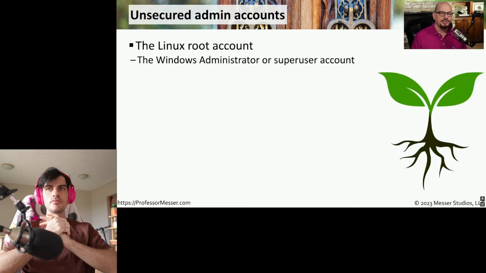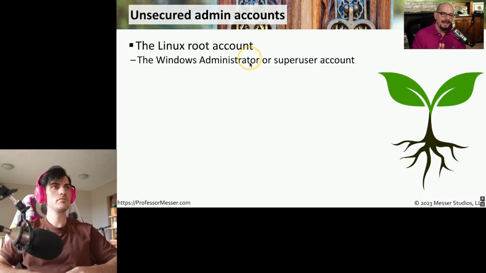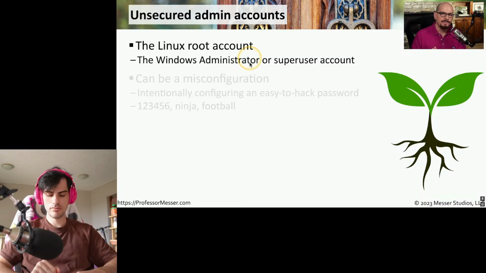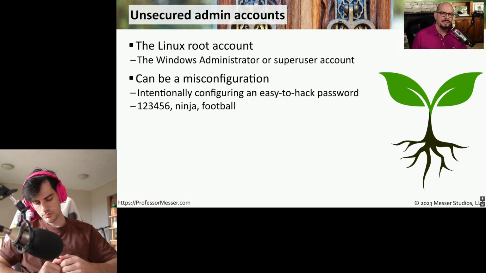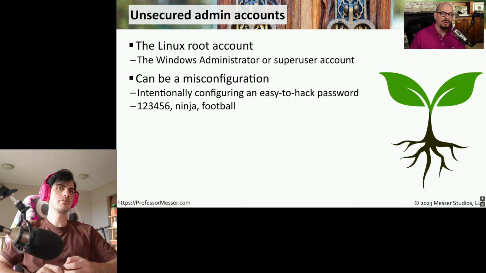Another security challenge is with unsecured admin accounts. This in the Linux world is the root account. In Windows, this is the administrator account, and sometimes we refer to both of these as the super user account. Usually there are methods built into the operating system that would prevent you from creating a root or administrator account with no password on it at all.